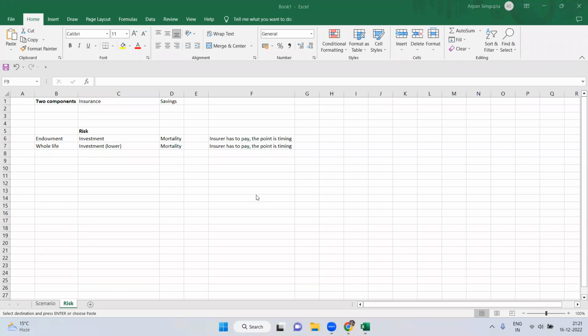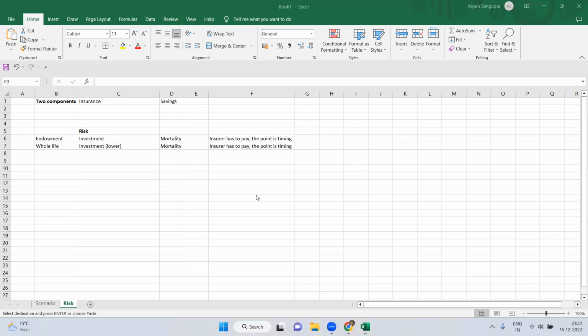Suppose you have a saving account, and in that saving account you have deposited, say, 1 lakh rupees, and the saving account is giving you 4% every year. That is why it is called a saving account. It means that you have lent some money to the bank, and the bank is giving you interest. In this case also, suppose you are paying 2000 rupees premium, a hypothetical example. Because you have invested in a saving product like an endowment or whole life, some portion of the premium will go for the saving component, some portion will go for the protection component or the insurance component, right?